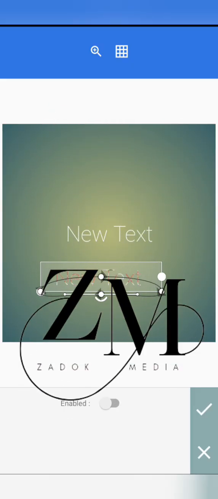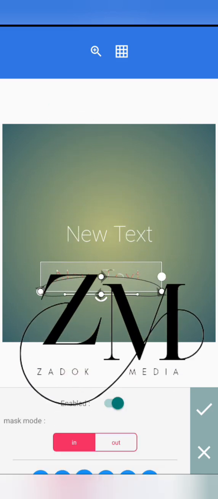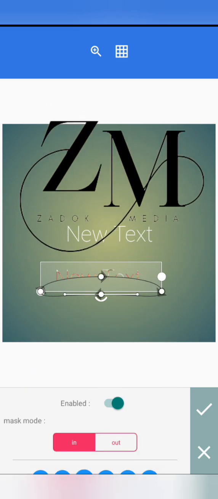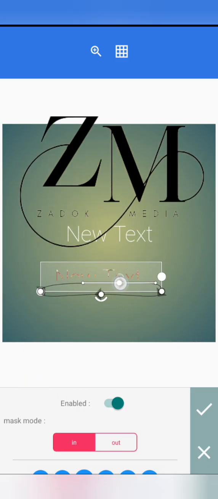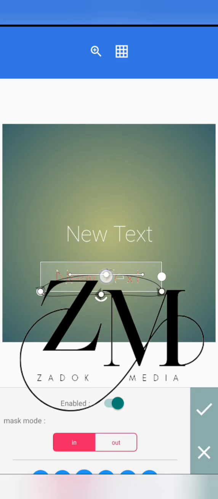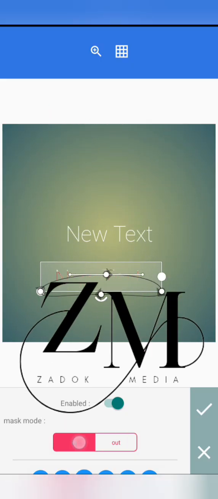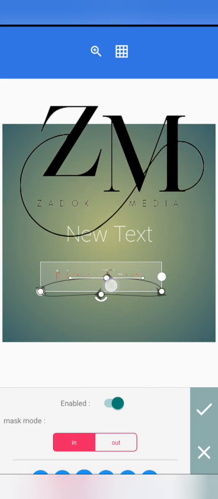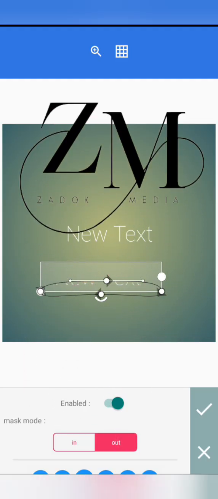Let's say that we have selected this mask now. We select enabled. It has masked. It has cut out some part of it. You can as well manually select the area you want to cut out, or you can choose the out instead of the in. Just see how it's doing. In is now the top. Out is now the bottom. Now let's say that we mask